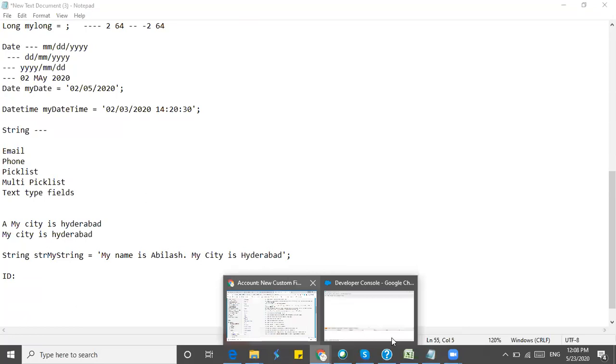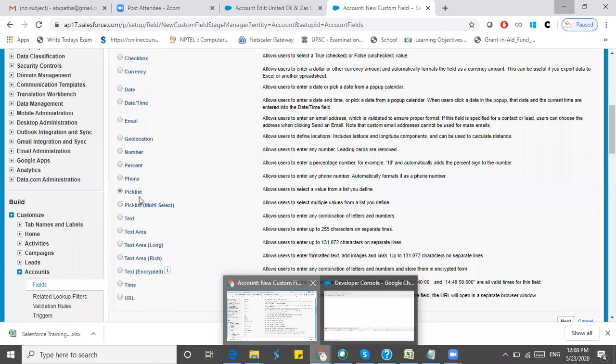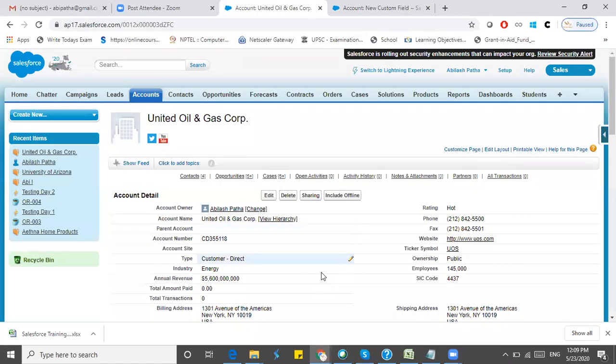This is an account record. For this, a unique ID will be generated, and in the backend, it will be assigned to this record. Using that ID, you can search in accounts and get the data of this whole record. That will be 15 digits or 18 digits.